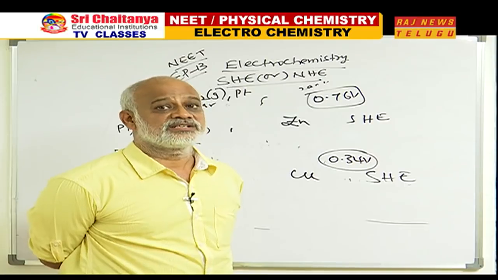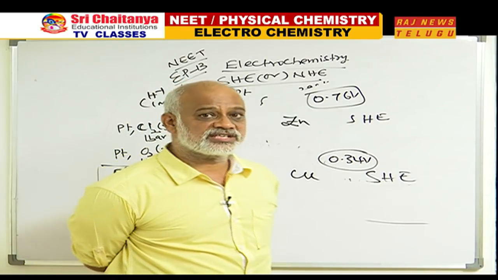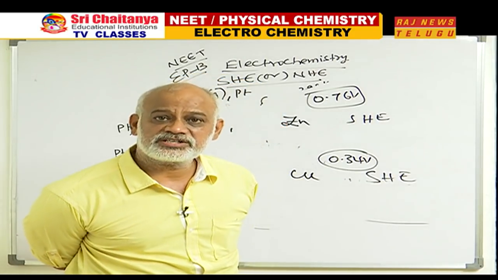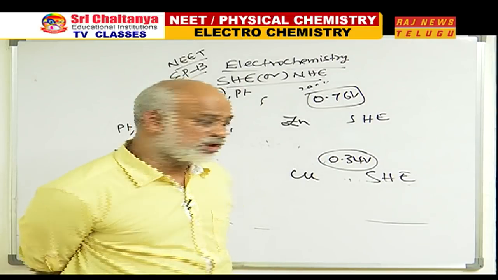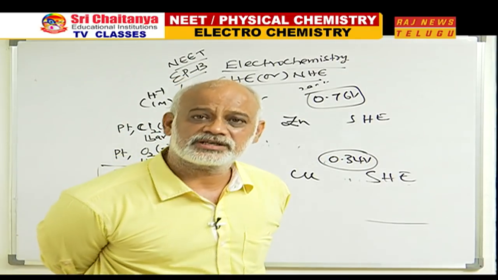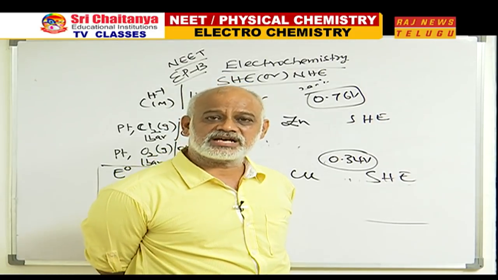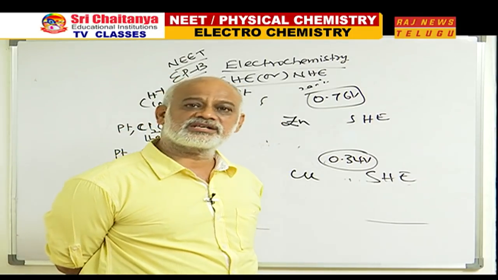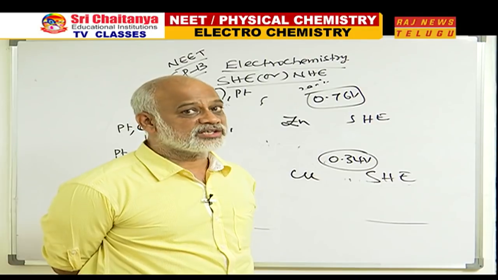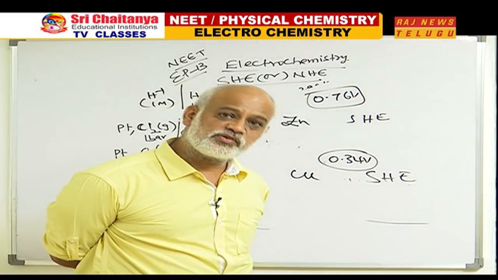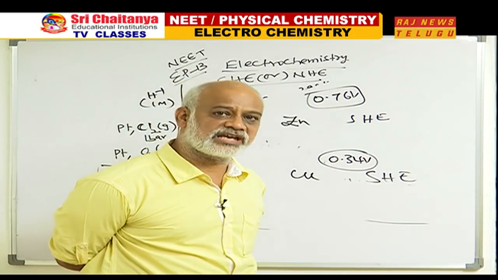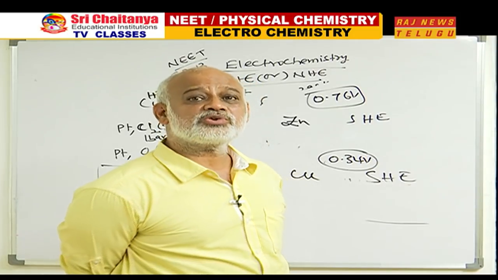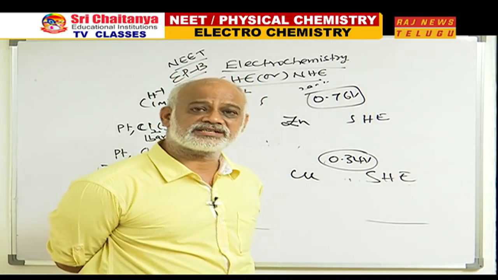Then the question is, sir, what shall we call the 0.76 volt of zinc, SOP or SRP? Standard oxidation potential or standard reduction potential? What shall we call the 0.34 volts of copper, SRP or SOP? Now onwards, SRP is standard reduction potential, SOP is standard oxidation potential. Who are we to decide what it is? Make it a point: both SOP and SRP magnitude will be the same for zinc, which is 0.76. Only the sign will change.